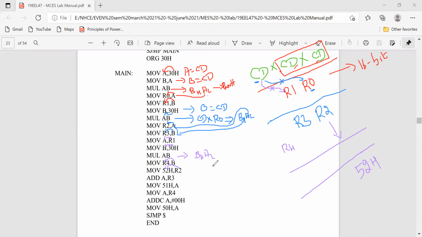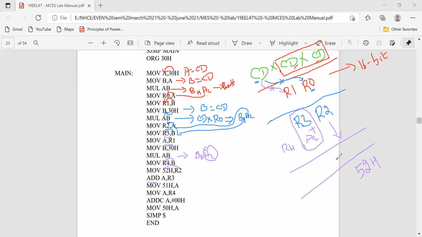Fine. So now they are going to add the accumulator data, because the B register is moved to R4, and here it will be the accumulator's lower value. That's why I mentioned R4 here. So now add A comma R3. This they are adding.